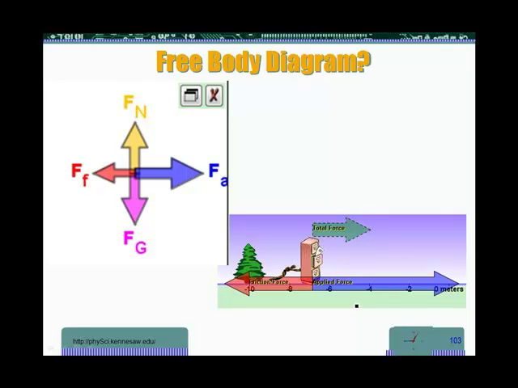In this recording, we discuss what we refer to as free body diagram. Okay, now I'm going back. I'm not going to run the simulation here right now, but these are snapshots from what I did before. You notice here we have the cabinet and we are pushing on it. The applied force is represented by this blue arrow, and the friction force is represented by the red arrow, and